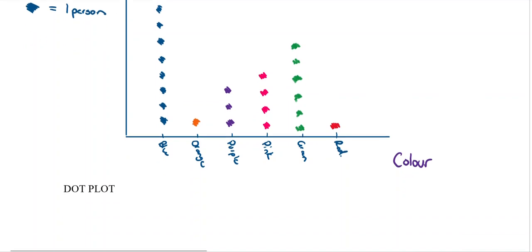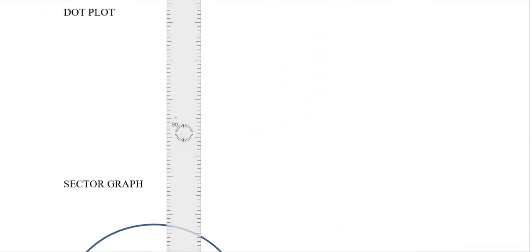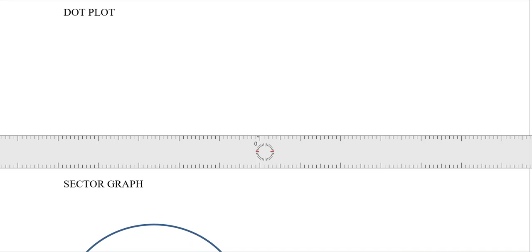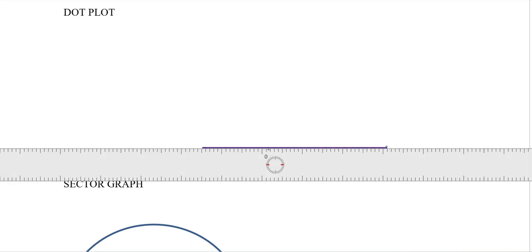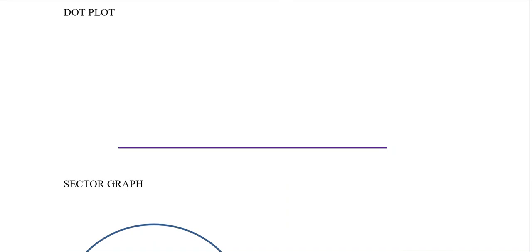Okay, next one is your dot plot. There is not much difference between a dot plot and a pictogram, except that you must use a dot for each of your people. You don't have a line for this vertical axis. You just have the bottom one. You just have one horizontal line down the bottom. So down here, my 1 horizontal line with my 2 centimeter spaces. Don't have a big space there, and then my next one is super close. These should be all measured and evenly spread apart.